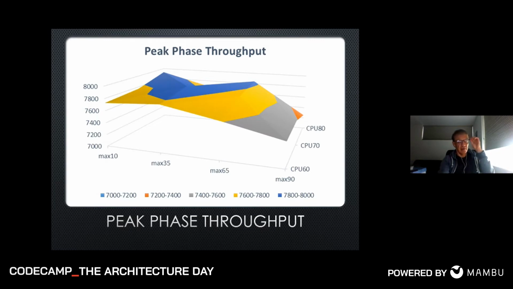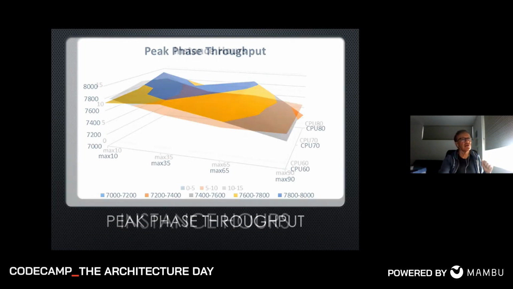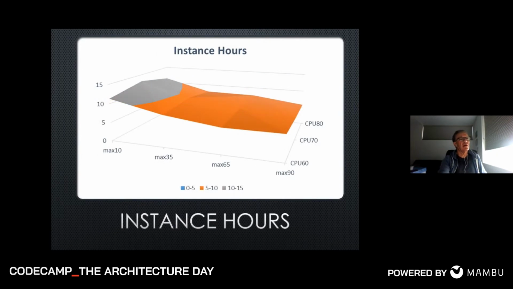So of course we look at the performance, the throughput and the latencies that we get, but what about the cost? So this is where for each particular test we average the amount of instance hours that we're billed for.